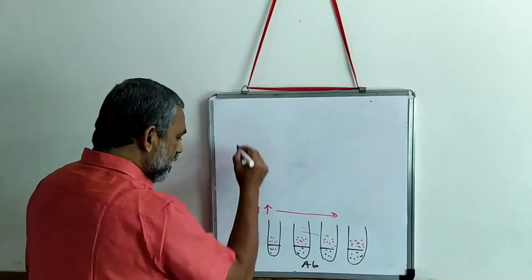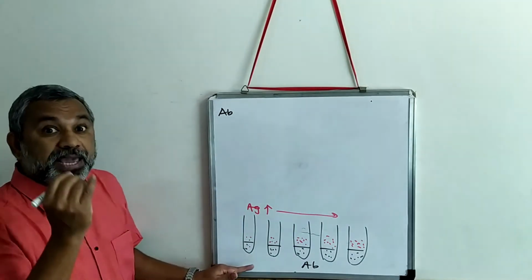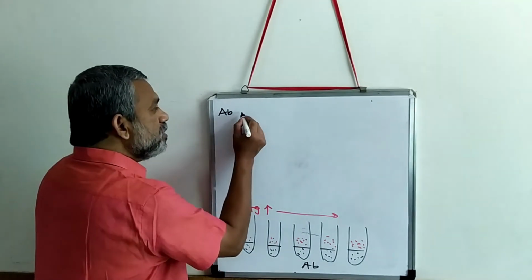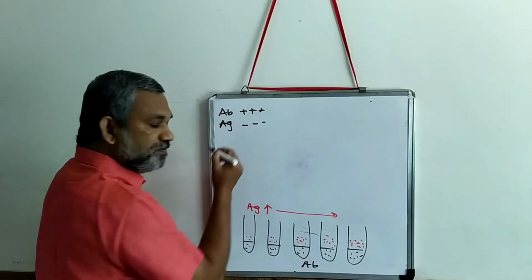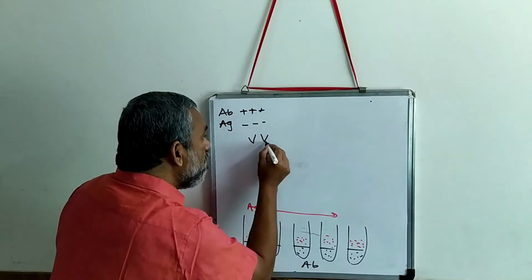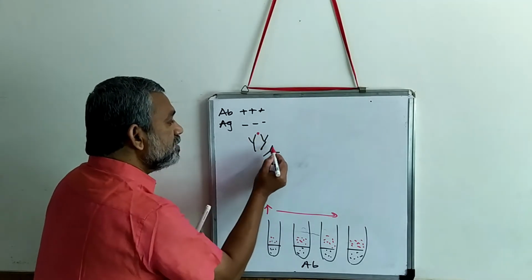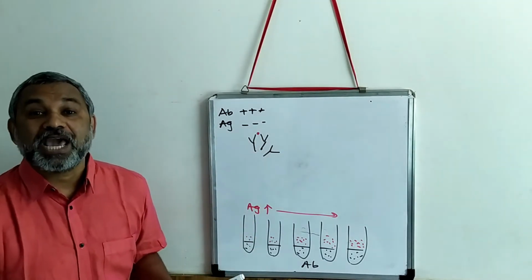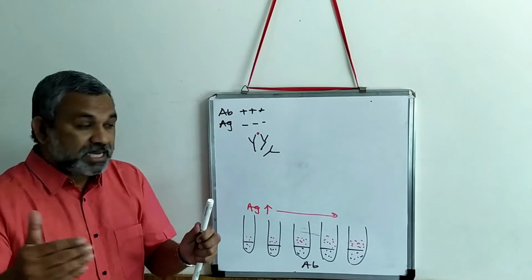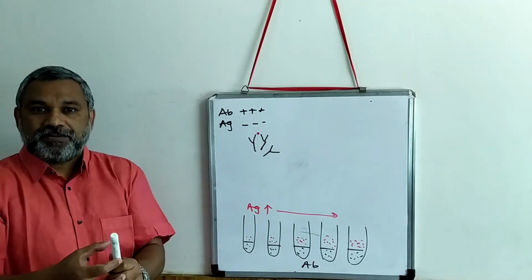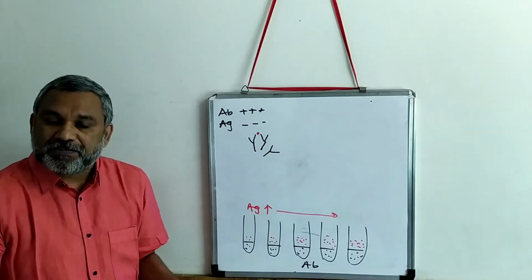So for example, when you have here, the concentration of antibody is higher than the concentration of antigen. So therefore, there are more antibodies and antigen is less. When there are more antibodies and antigen is less, all the antibodies are not capable of combining with the antigen. So that prevents the formation of clumping together and having a complex of high molecular weight. You will not see any visible precipitate there.